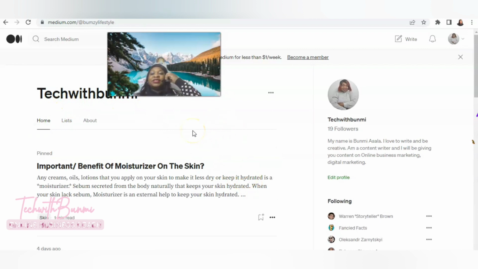So now let's get started, and let's go to ChatGPT to help us with a blog post. Then we'll post it here on Medium.